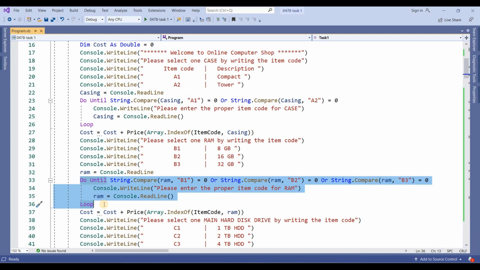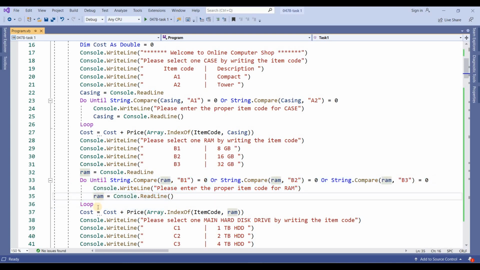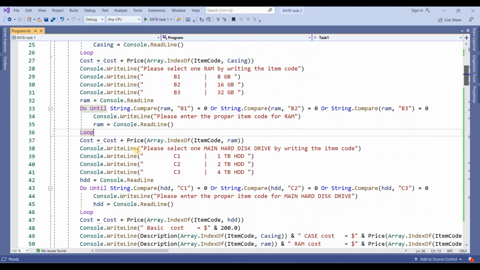It will ask you again to enter the proper item code for RAM. Once you enter the proper item code for RAM, you will get the cost of that component. How? You need to find the index of the item code.